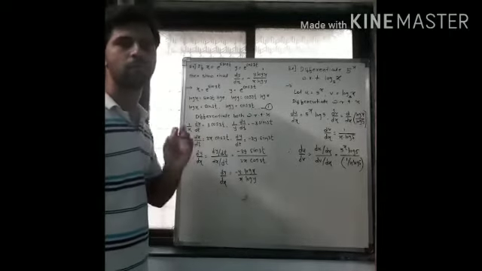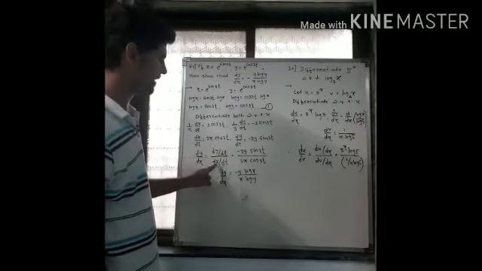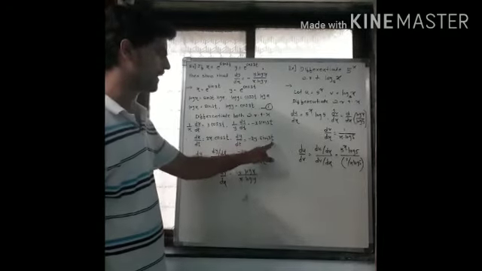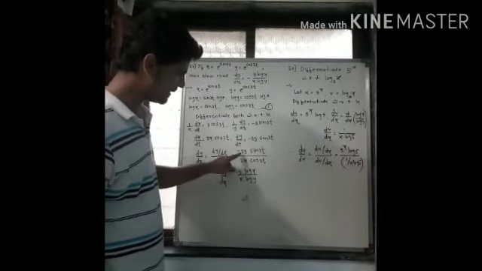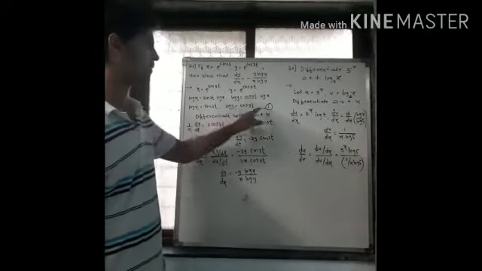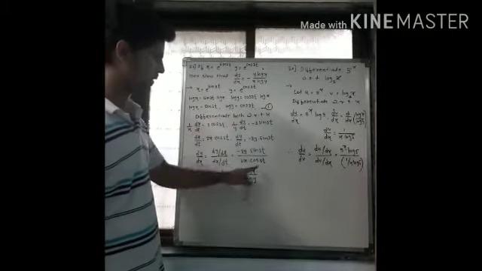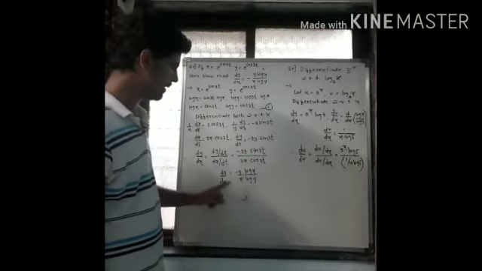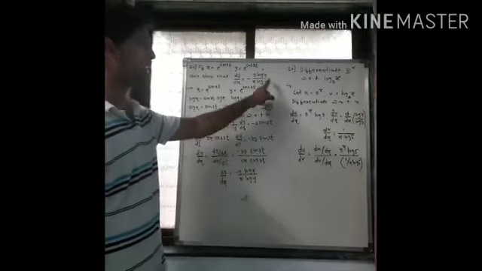But our main target was to find dy by dx. So dy by dx is nothing but dy by dt upon dx by dt. Now we got both the values. Dy by dt was minus 3y sine 3t. Dx by dt was 3x cos 3t, right? Now this 3 and 3 cancel out. Sine 3t and cos 3t: if you see equation number 1, sine 3t was nothing but log x and cos 3t was nothing but log y. So sine 3t and cos 3t are replaced by log x and log y. So your final answer will be dy by dx equal to minus y into log x upon x into log y. This is what we had to show.